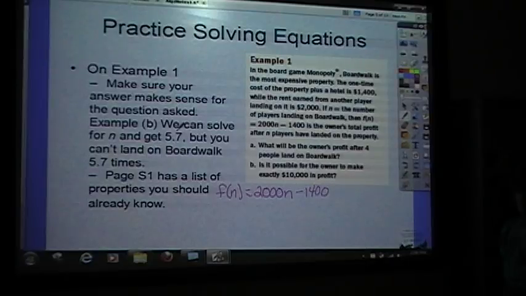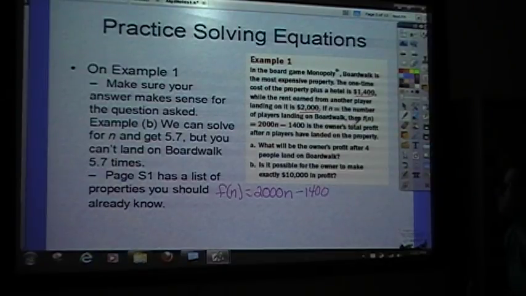In example 1 in your textbook, on page 40, we are talking about a Monopoly game. In the board game Monopoly, Boardwalk is the most expensive property. The one-time cost of the property plus a hotel is $1,400, while the rent earned from another player landing on it is $2,000. If n is the number of players